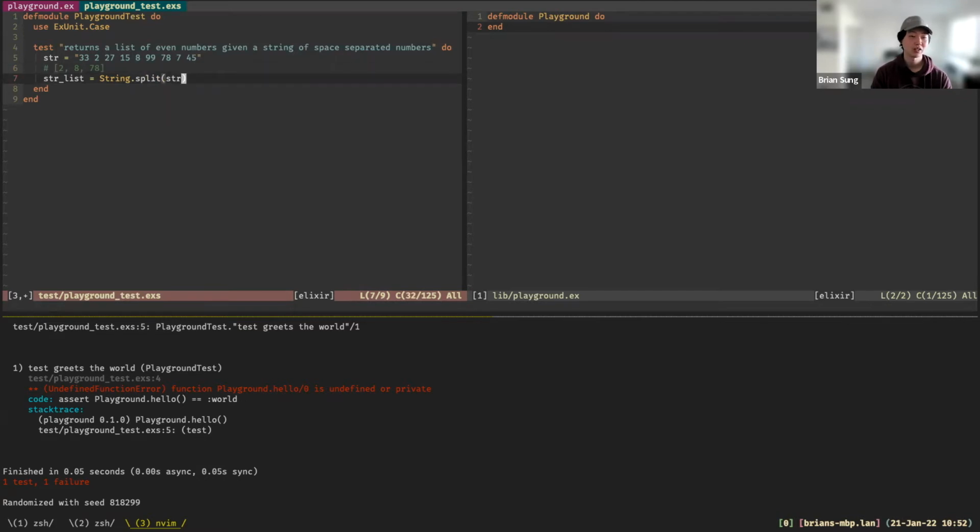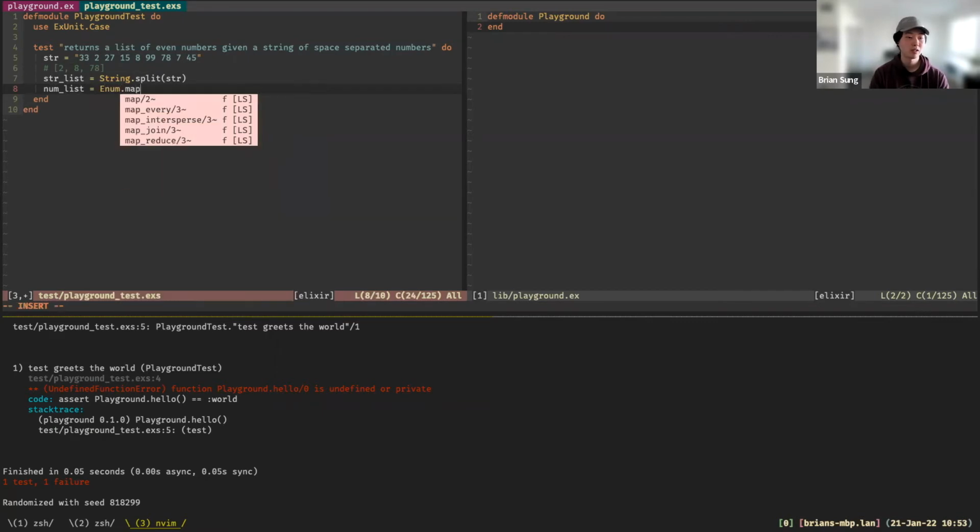So this is going to return just a list of strings for now, right? And so we want to obviously convert those strings to numbers. So we will iterate through that list and convert each element into a number. So let's do num list.